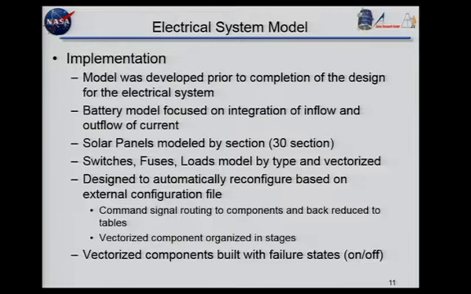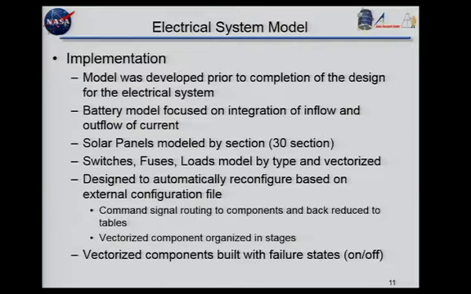So in terms of implementation, we had one challenge. We started the development of the models and of the software to control the electrical system before the actual electrical system had been completely defined. Things were still in a state of flux from the point of view of what controlled what, how many of these switches would be active or used, and where they were within the topology of the various boards on board. So we had to keep that in mind in our development.